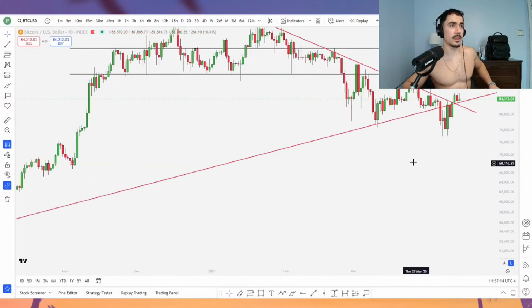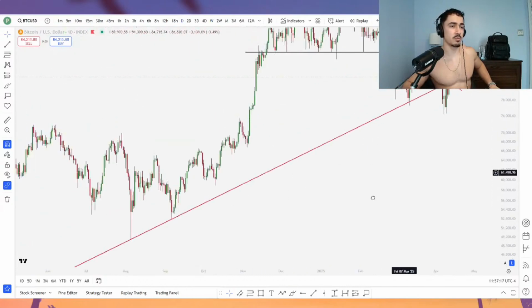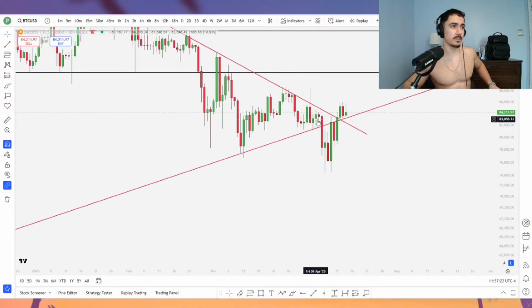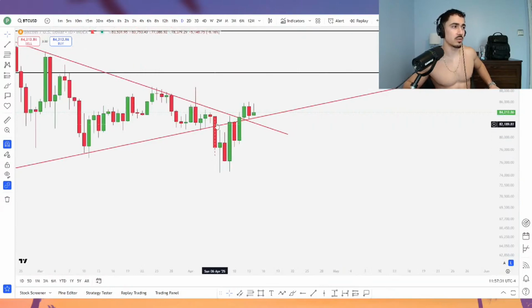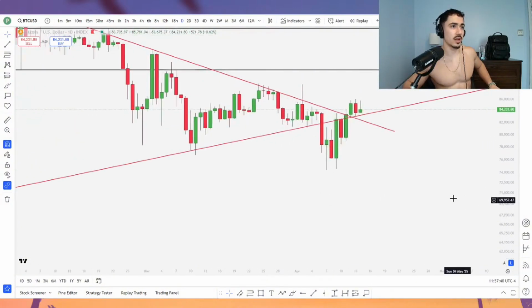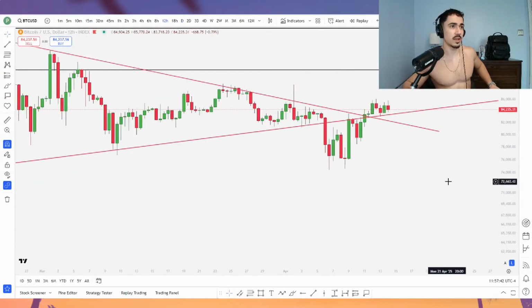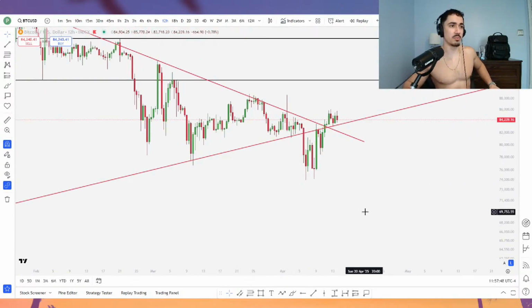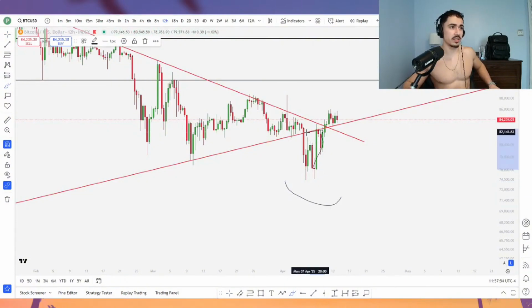Okay, on the daily. So we're respecting this bull market trend, and this is where I flipped bearish for the moment. We get this clear loss of this trend line, and you see as soon as we definitively lost this bull market trend, you get this big red candle, definitive close down below. You get this nuke down here on this day, 74,000. Okay, and we're starting to hover below this trend line, right? So down here is where you had to be cautious, because when you lose this bull market trend, that's a loss of market structure. So you come down here, you come back up to retest this trend line.